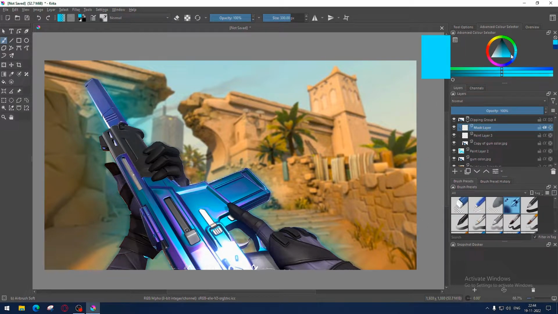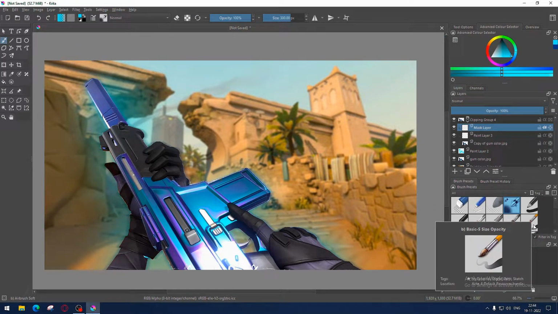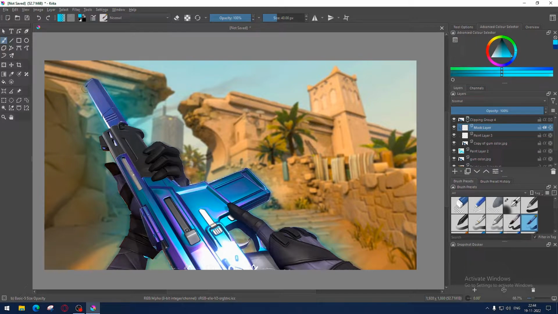Now take light color and a hard brush. Draw outside of the gun like this.